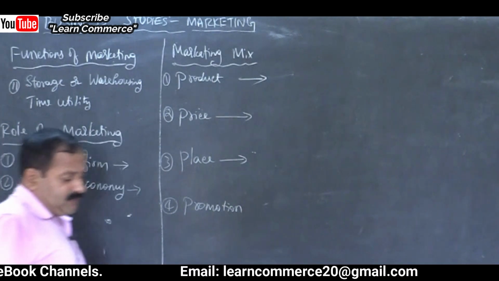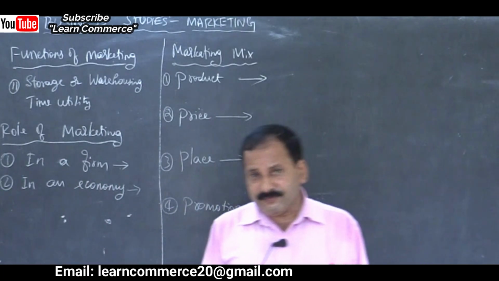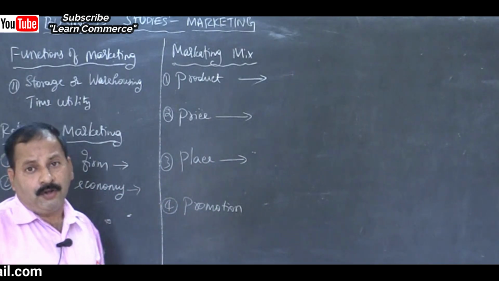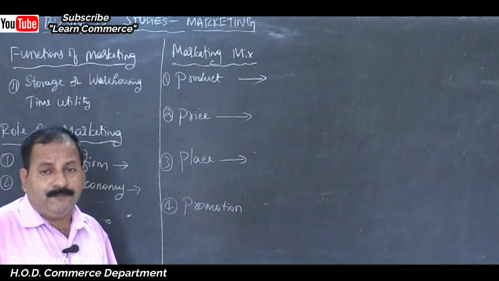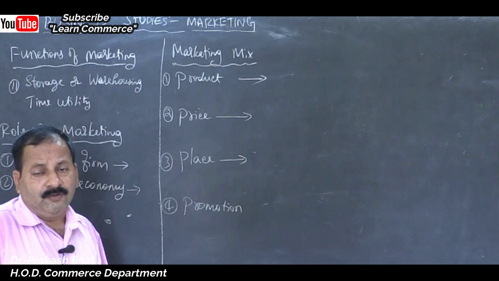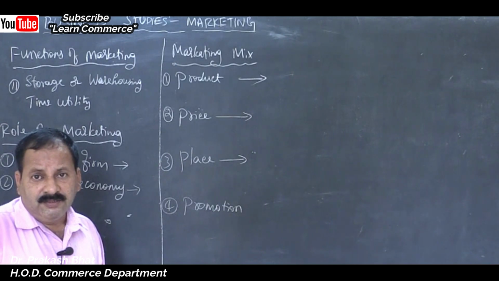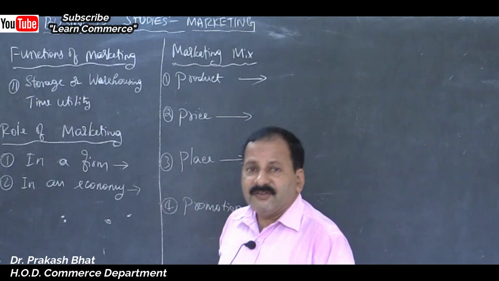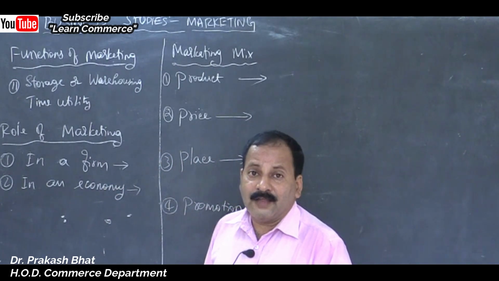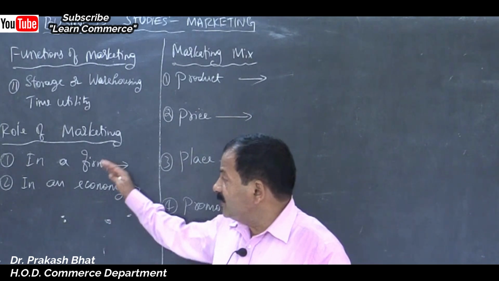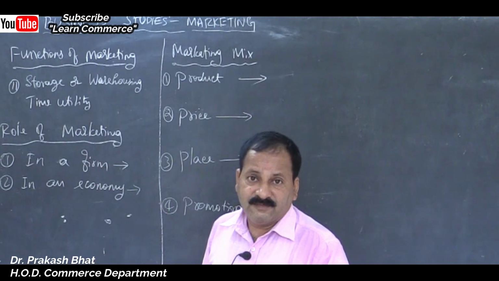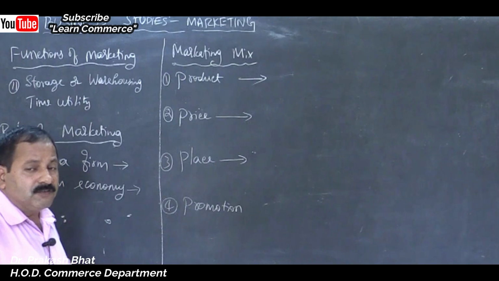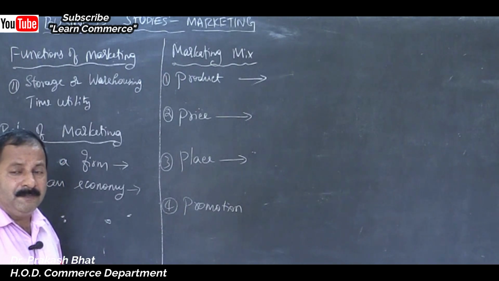So in a firm, mostly the role of marketing is to decide whether the firm can earn profit or not. Because a firm is working for the purpose of earning profit. Gone are the days of social services, isn't it? No doubt the business units have to assume some social responsibility, but they must earn profit for their survival and growth. The business firms must earn a sufficient amount of profits. If they at least cover the variable costs, no problem, it is enough.